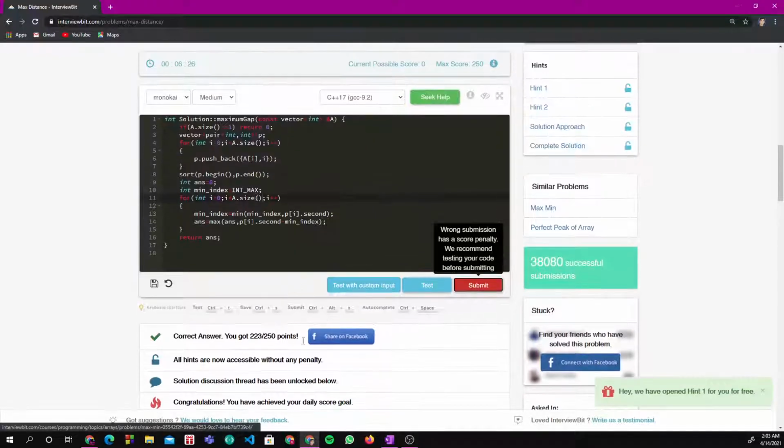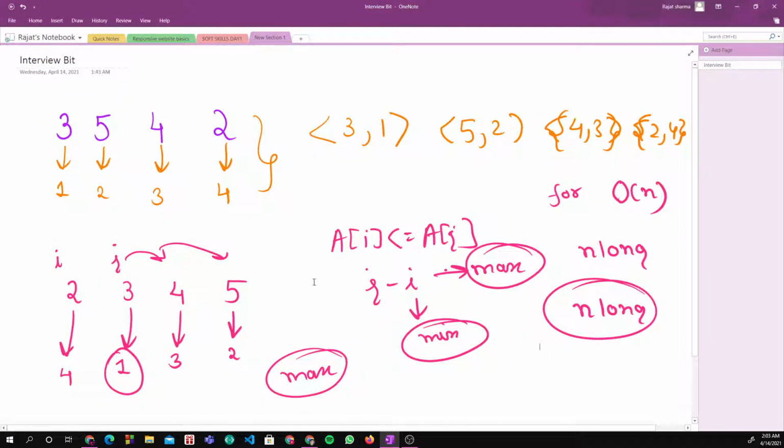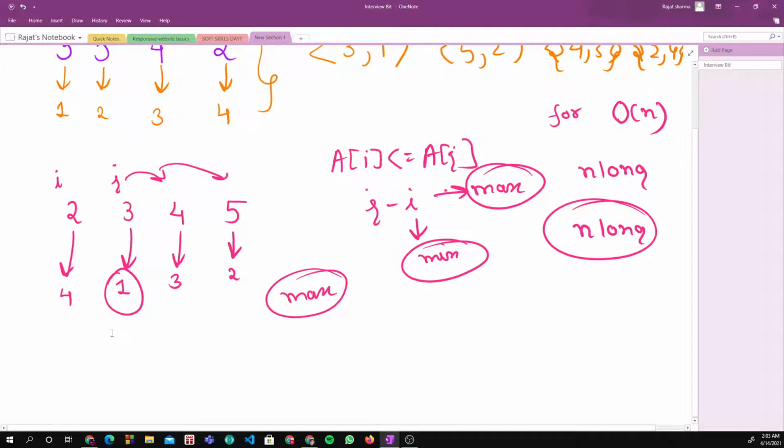For those who were not able to understand up till now, as soon as you sort it in this form, the earlier condition that you have to follow, a of I less than equal to a of j, you no more have to check. This condition will automatically be taken care of if we move from this part to this part. So that is done.